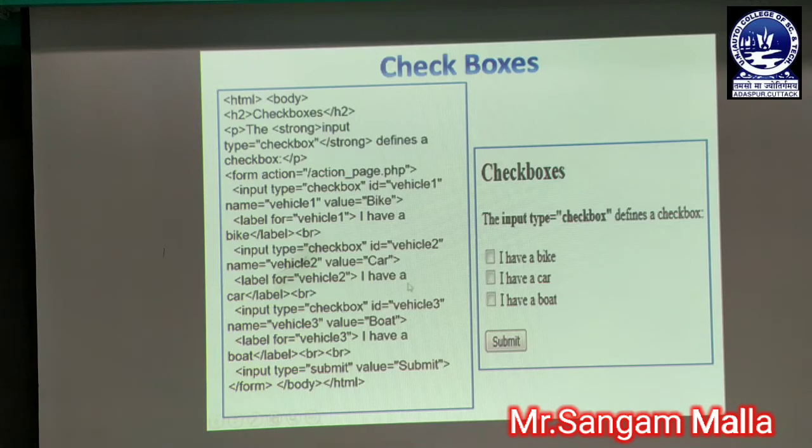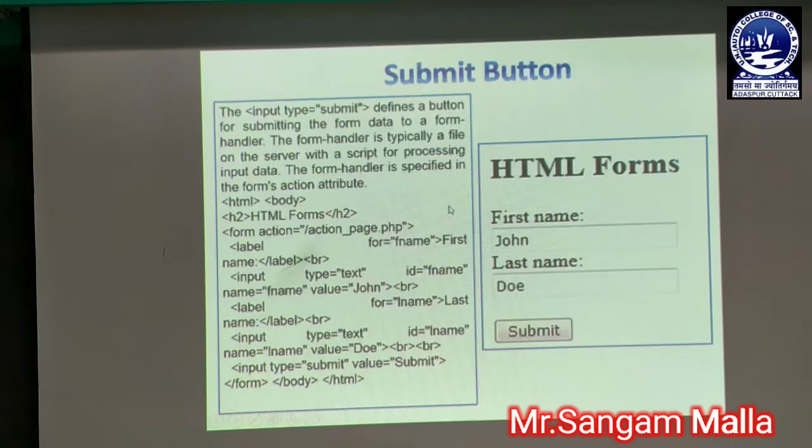So you can see that the source code is written over here for the checkbox and the reflection is given over here. Now you can see the use of the submit button. The submit button is a very vital part of a form. That means the submit button is considered the last step. So after filling the form, we have to click on the submit button, which the user has already encountered, or most of the time they have encountered.